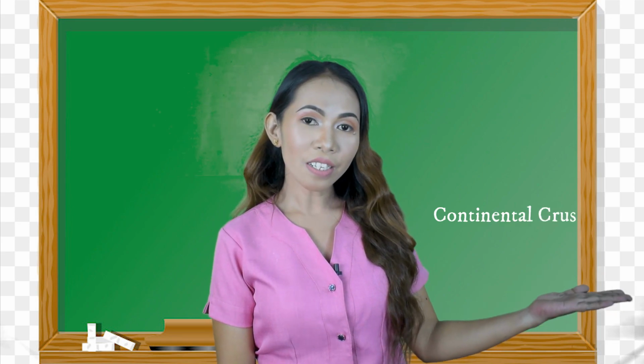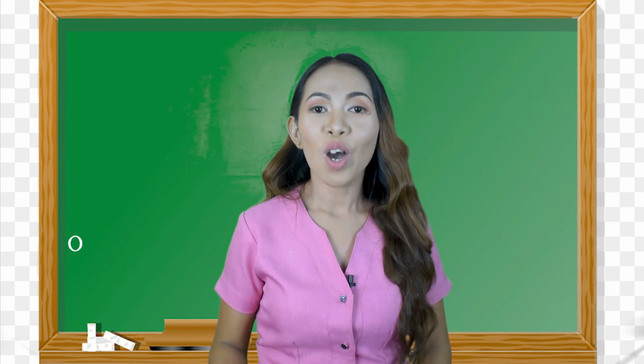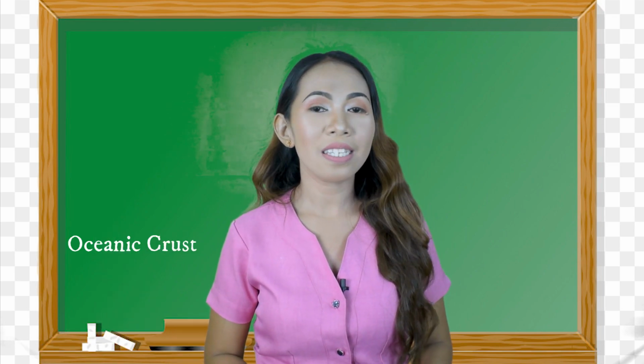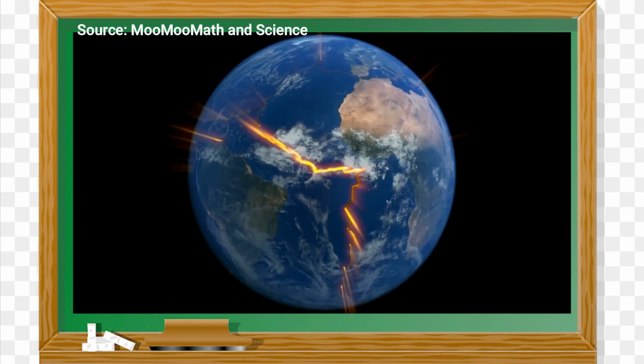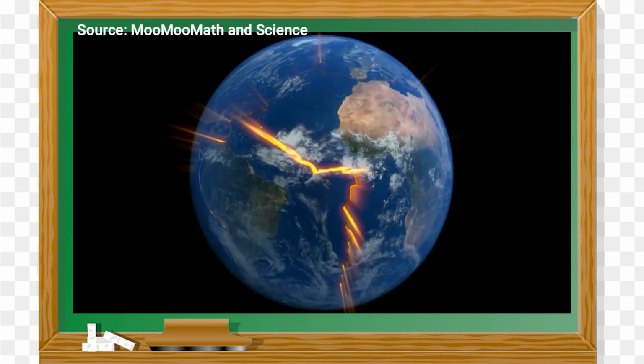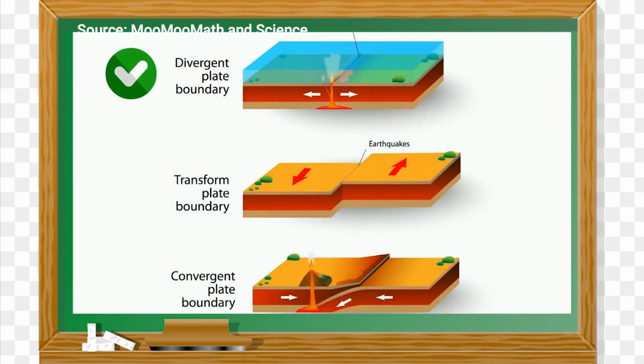Plate boundaries are the lines at the edges of the different pieces of the lithosphere. There are 2 types of crust: the continental crust, which is thicker but less dense, and the oceanic crust, which is thinner but denser. This movement causes the formation of the plate boundaries, namely divergent, convergent, and transform fault boundary. Divergent boundary is formed when 2